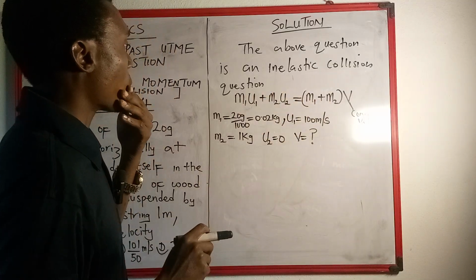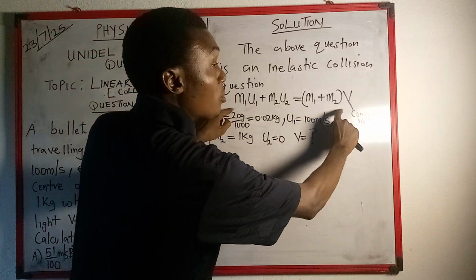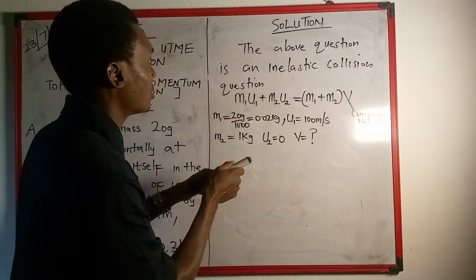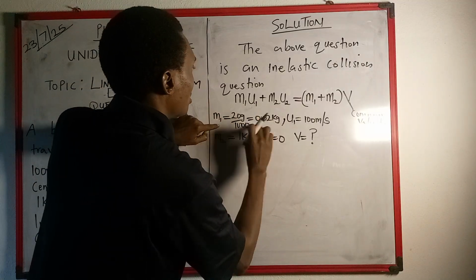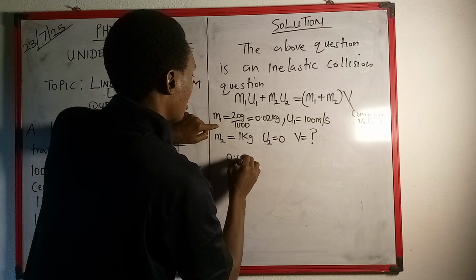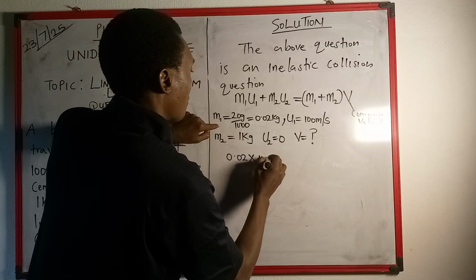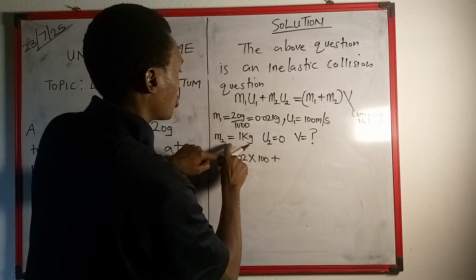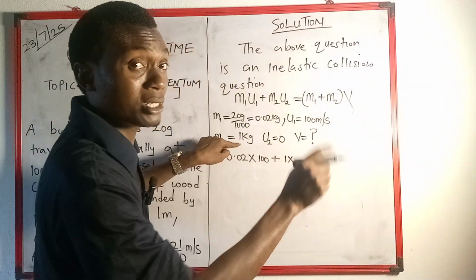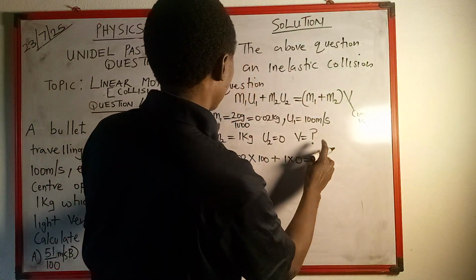We're going to substitute all these values inside this formula. Take note, this is an inelastic collision. Okay, so let's move on. When you substitute, it's going to be 0.02, so put it inside there. 0.02 times, what's my u1? My u1 is 100. Plus, what's my m2? m2 is 1. Times, what's my u2? u2 is 0. Take note. So it's equal to, what's my m1 again? My m1 is